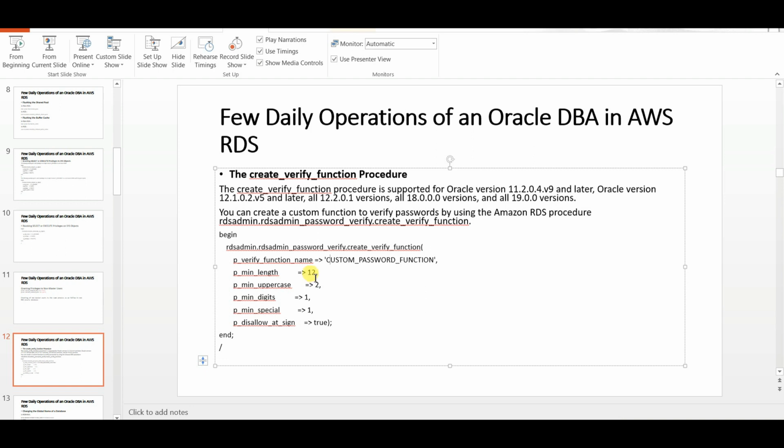What all it will be checking: the minimum length of the password would be 12, 2 uppercase characters need to be provided, 2 digits need to be provided, and minimum special character should be 1.